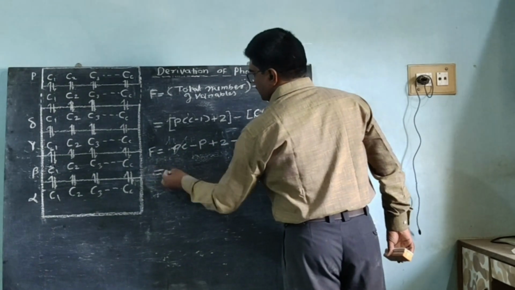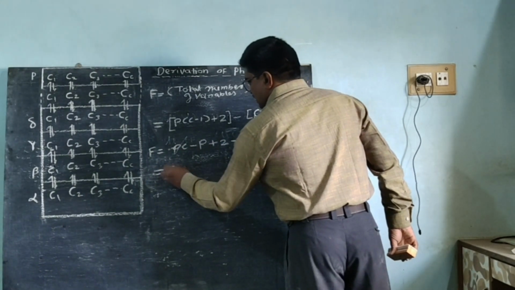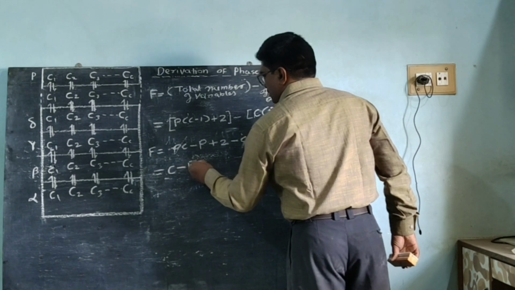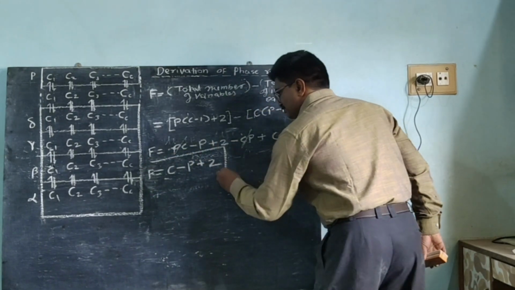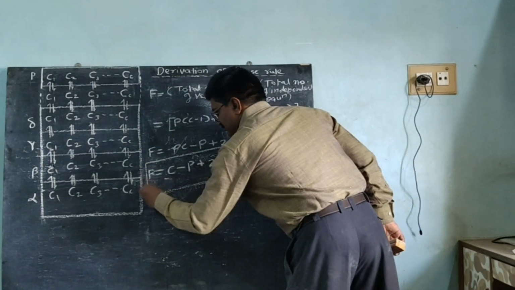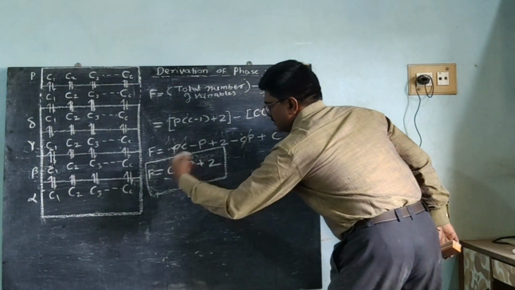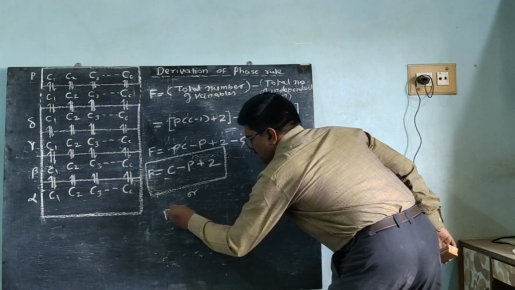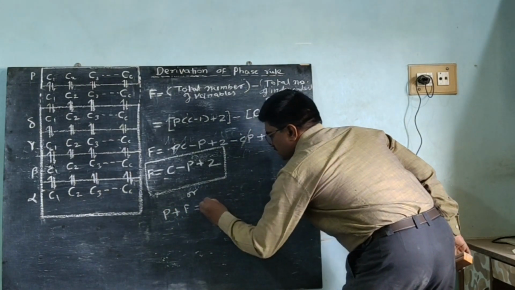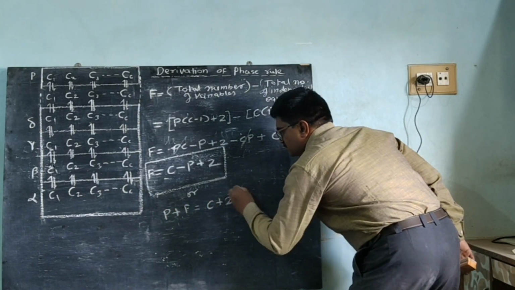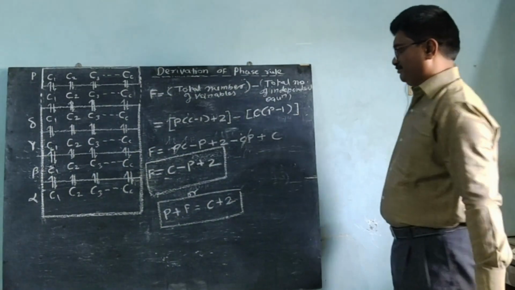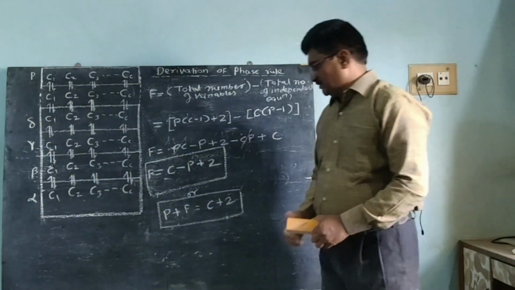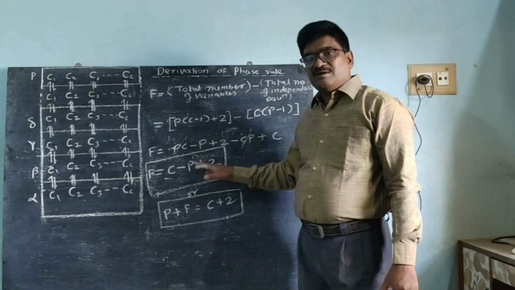So what you get? C minus P plus 2. Or P plus F is equal to C plus 2. The equation is known as